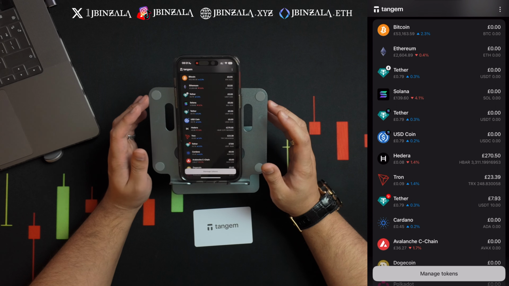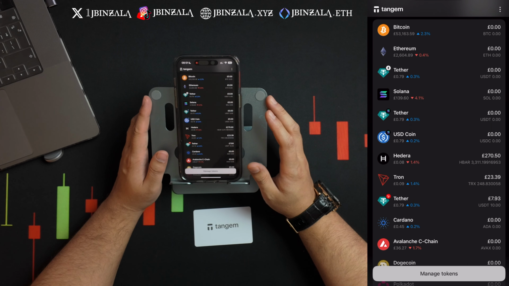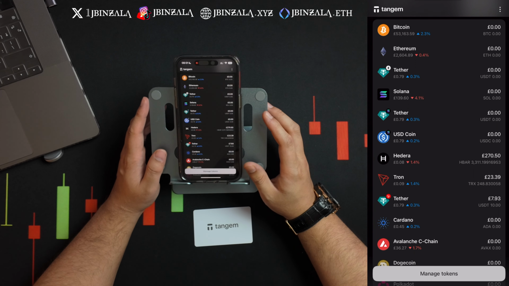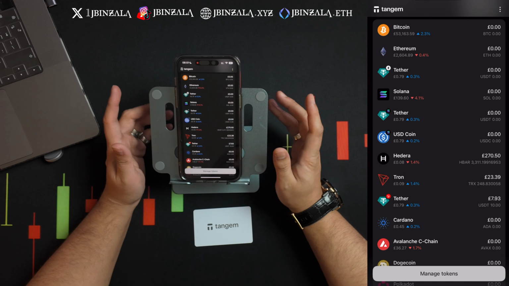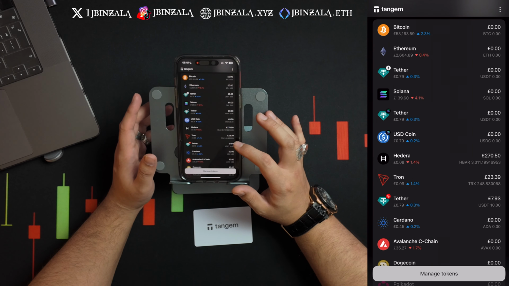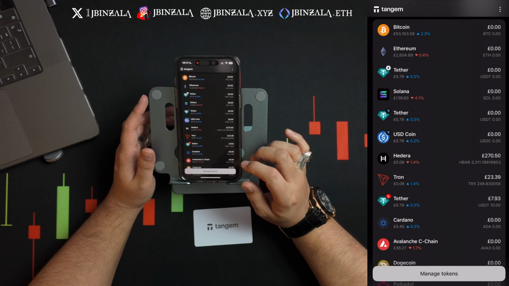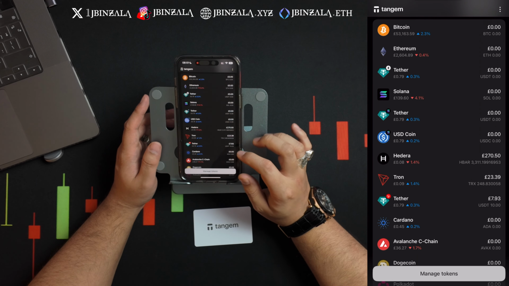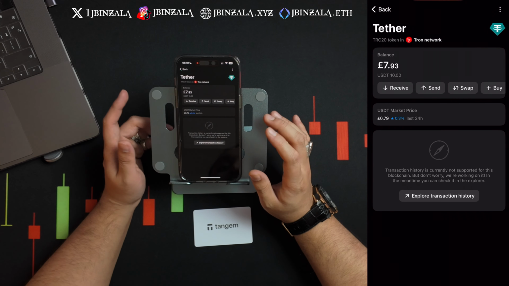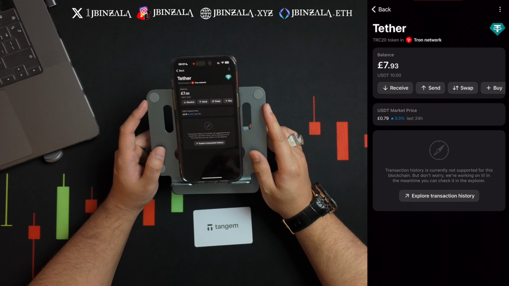So how do you do a swap? With Tangem or any other wallet, even a software wallet, there will be a swap function if they have that available. But in Tangem, for example, you would click on the asset you want to swap. I could even potentially swap Tron, but I'm not going to do that. I want to do the Tether because I don't like holding anything that's fiat related. Lol. Anyways,